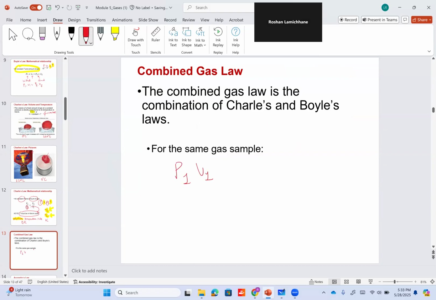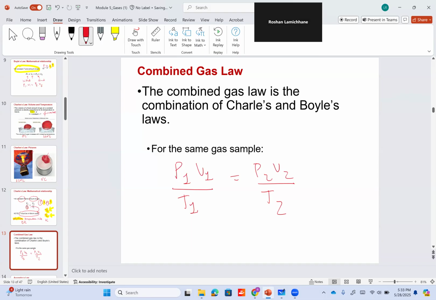P1V1 divided by T1, the initial condition, equals P2V2 divided by T2. Right? And then you will work through these problems in your recitation, where we will use this formula to solve for some of these unknowns in the sample. And again, if you look at this,